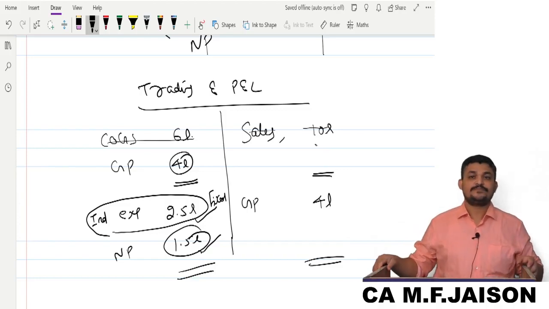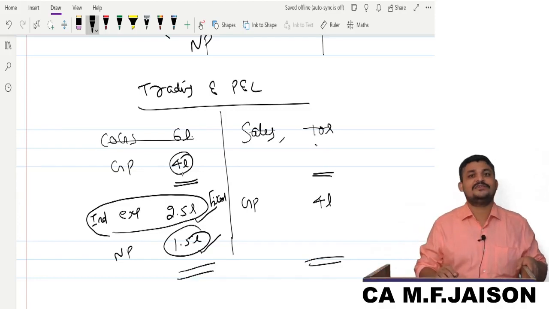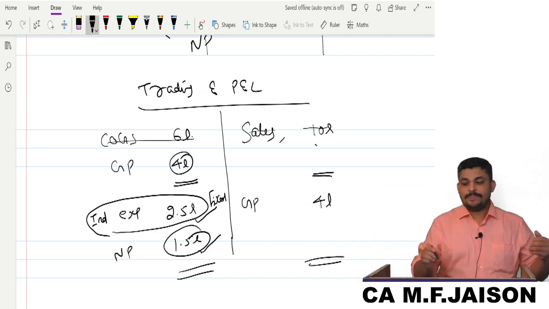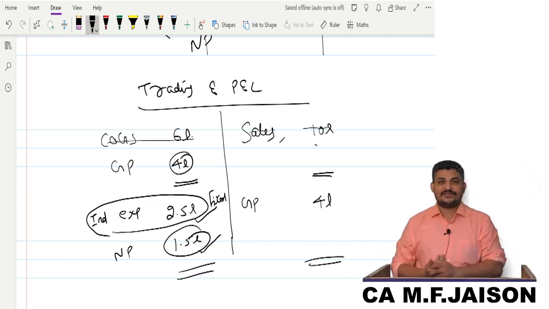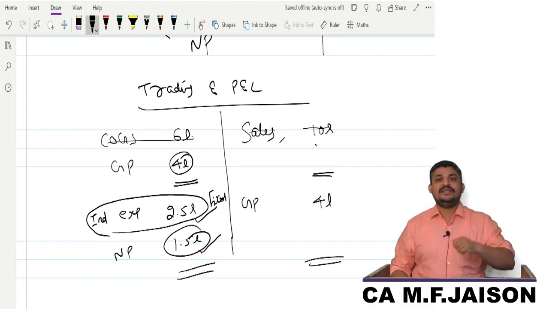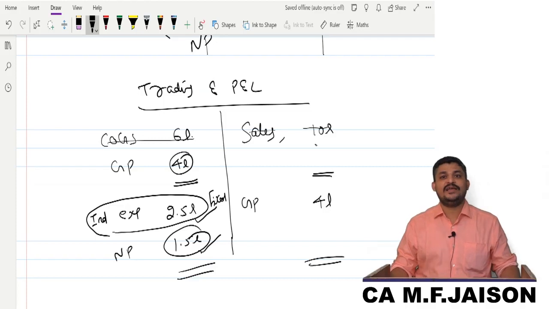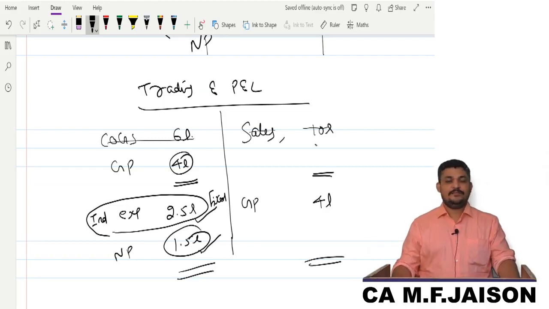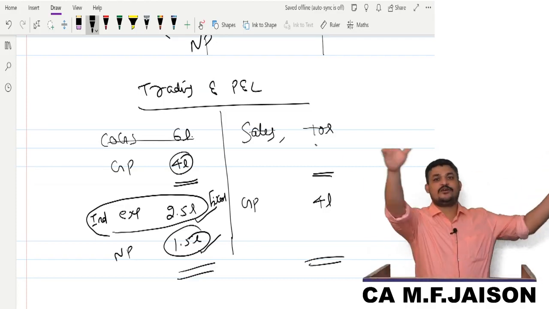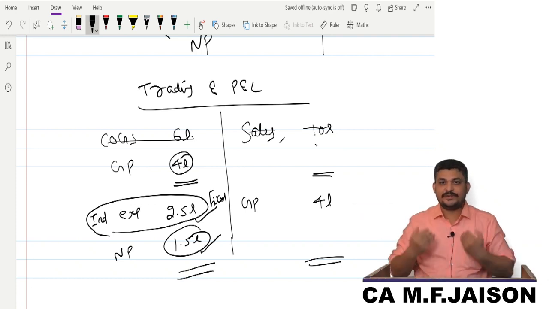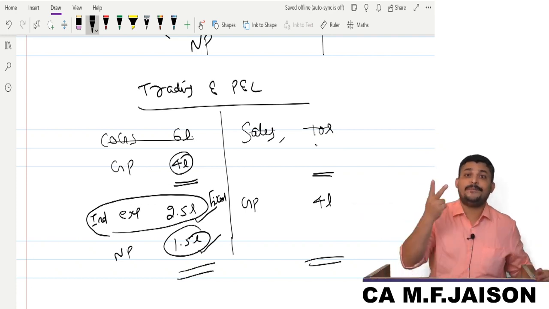So when you add these two, what is the amount you are getting? 4 lakhs. And which is nothing but what? Equal to gross profit. So only if they compensate me 4 lakhs, I will incur an outflow of 2.5 lakhs and take home only 1.5 lakhs. But I can't expect the insurance company to pay the fixed cost to so many people. I insured it, so they will give me two components.